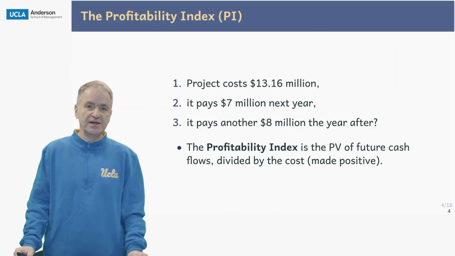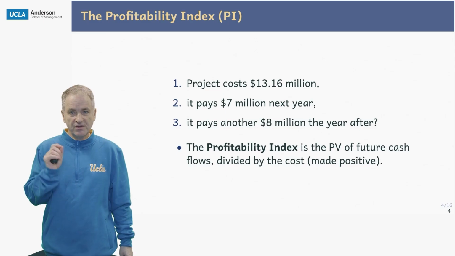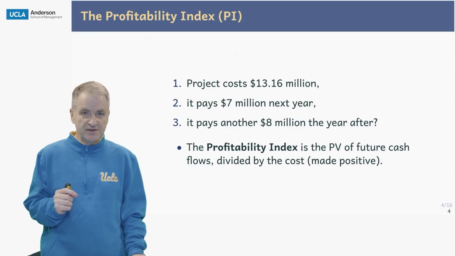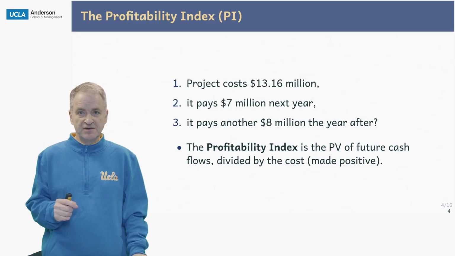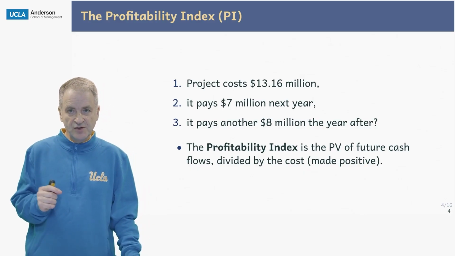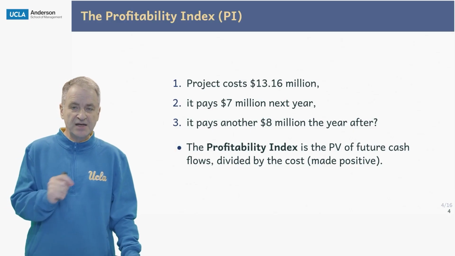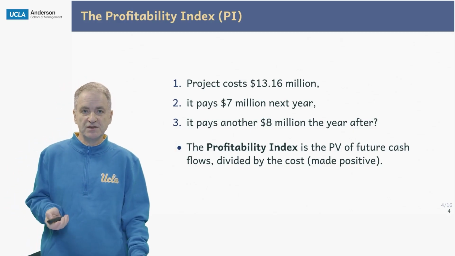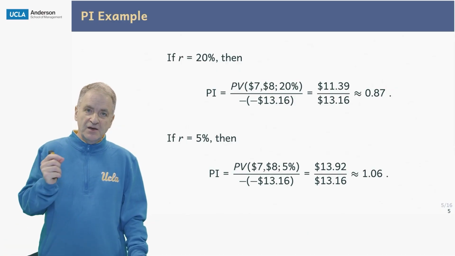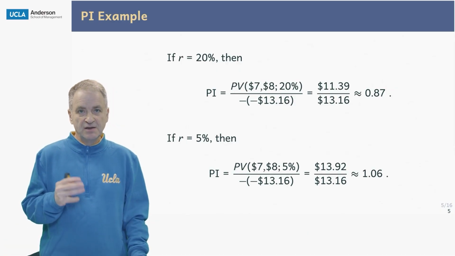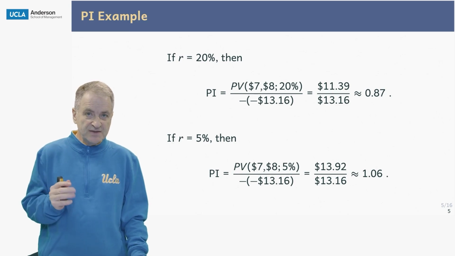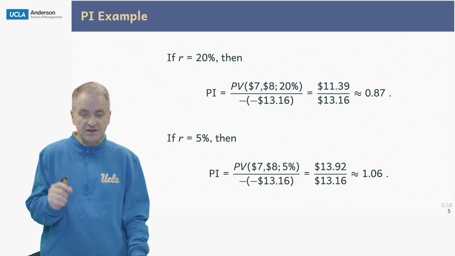Here's the profitability index. A project costs $13.16 million. It pays $7 million next year, $8 million the year after. The profitability index is the present value of future cash flows divided by the cost, made positive. So for this project, here is the example. If R is 20%, and I have to use the R of 20% in the numerator, the present value of $7 and $8